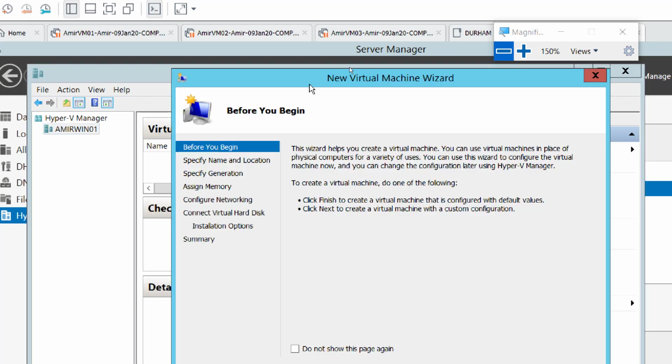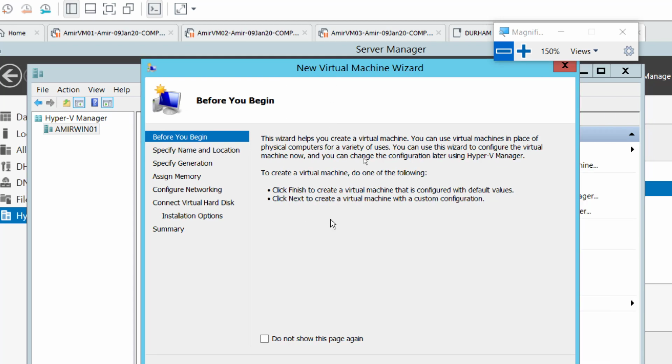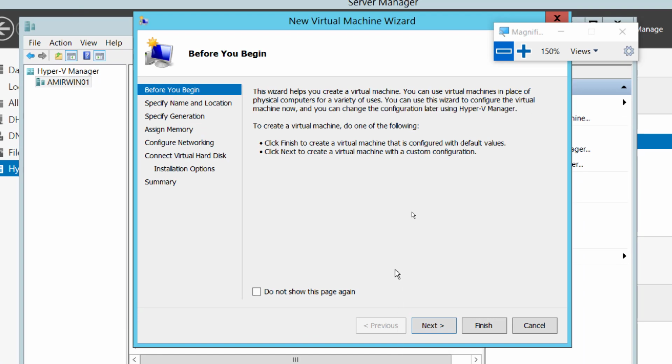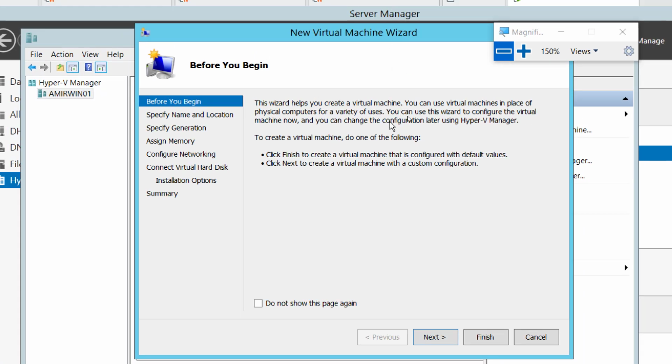Now, because our laptops have very little hardware, and this is not just here, it's pretty much in every college, other colleges as well, Humber, George Brown. But the thing is that we don't have to install an operating system inside. If you want to do that at home, you can just follow the same steps and install an operating system. It's going to take forever to install an operating system, but after that you can have better live